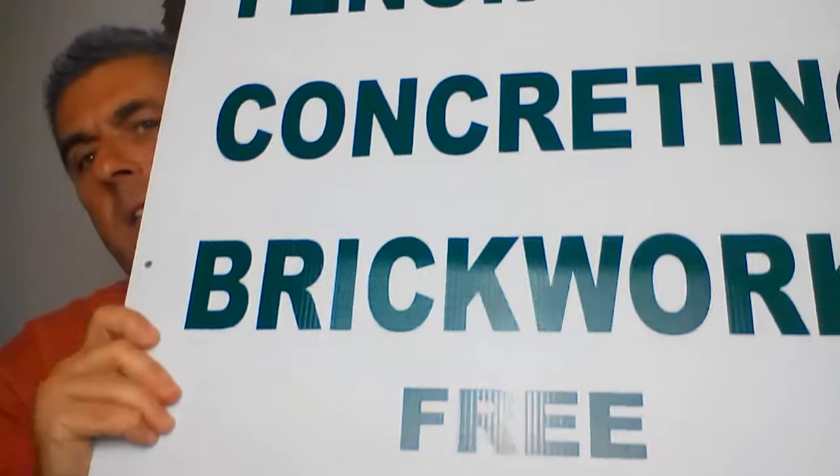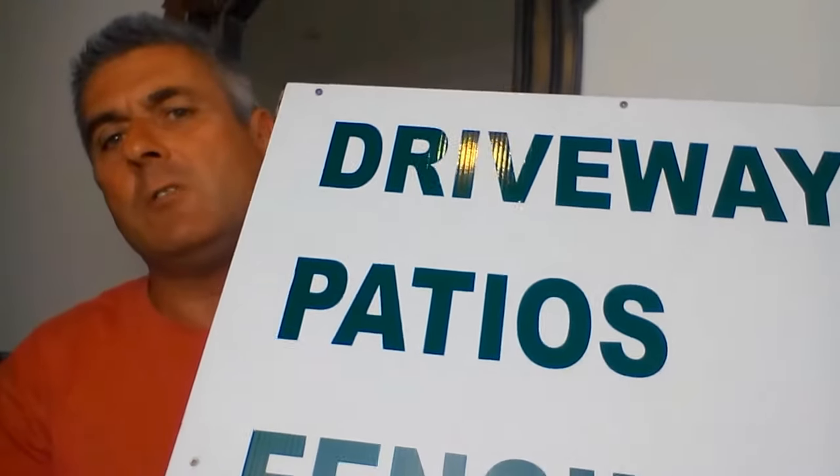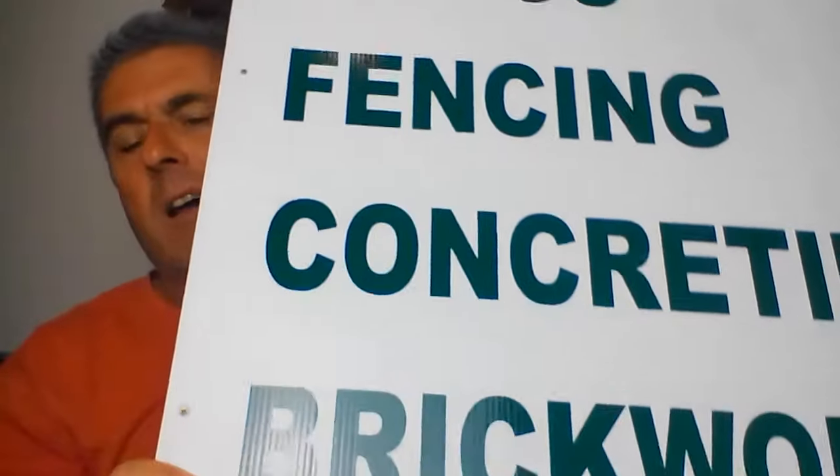It's got all the different trades on it that I'm trying to get work for: driveways, patios, fencing, concreting, and at the bottom it's got 3 estimates. Please take a card. Now, it says please take a card, but I don't just want them to take a card. That's just the hook, if you like. When they stop and they say to me, "Oh, can I have a card?" because I'm holding them in my hand,